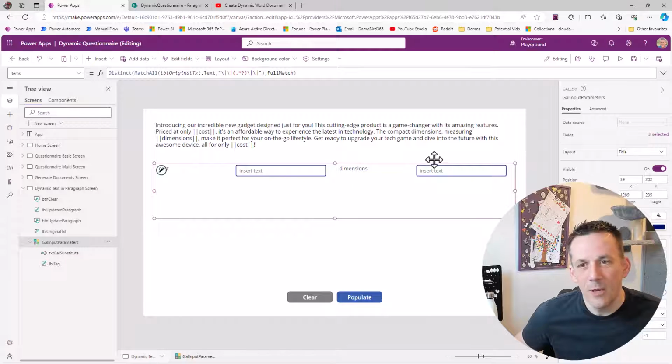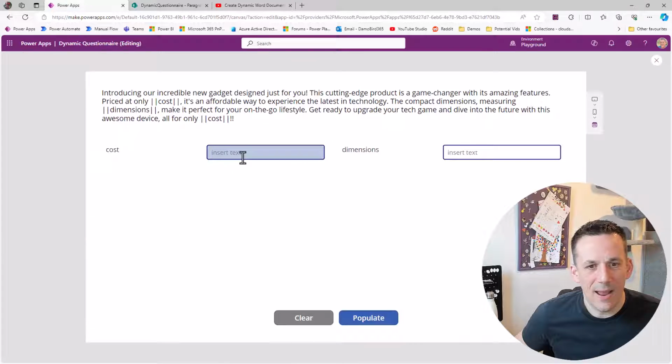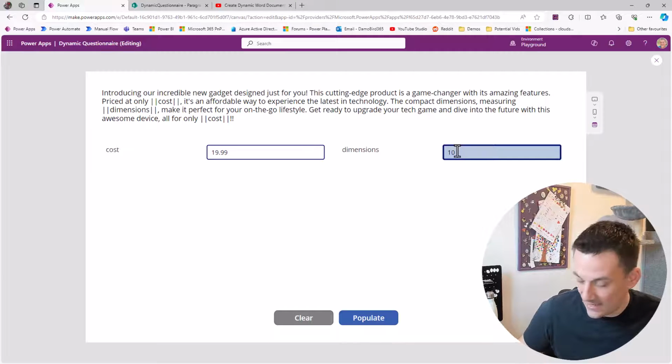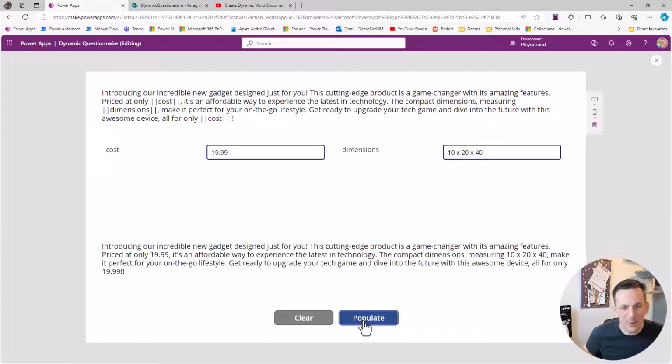demonstrating on screen. So what happens now, if I go to play, I have the ability to insert a cost, and we'll go with a price of $19.99, and we can have some dimensions, so 10 by 20 by 40, and if I hit the populate button, what you'll see below is that paragraph of text populated now with those